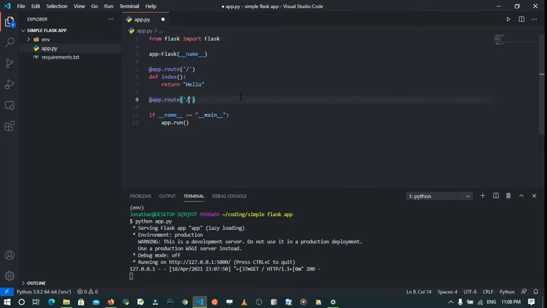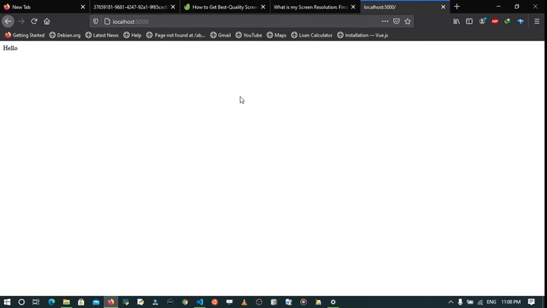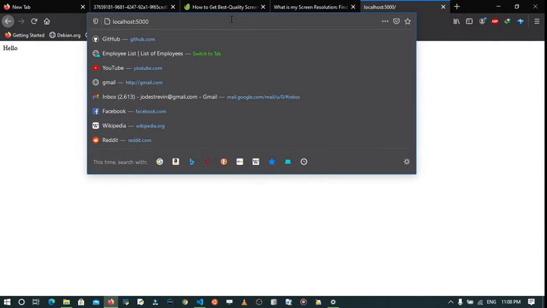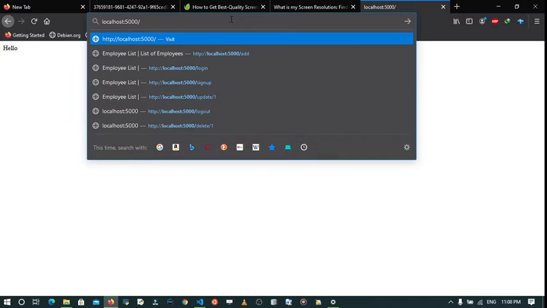Now, if I want to create other routes, let me create another route with app.route. I'm going to call this about, and I say def about, same thing, and I'm going to return about page. So if I go to my browser and go to the URL of our website slash about,